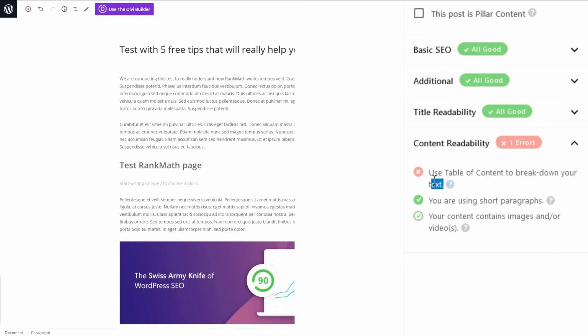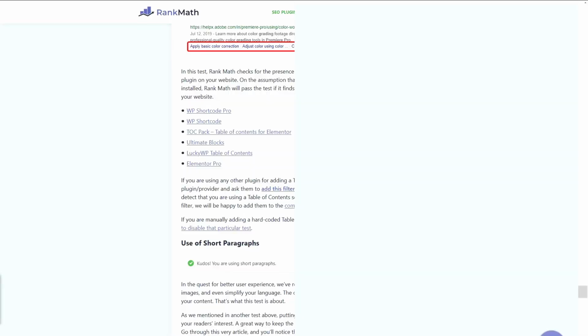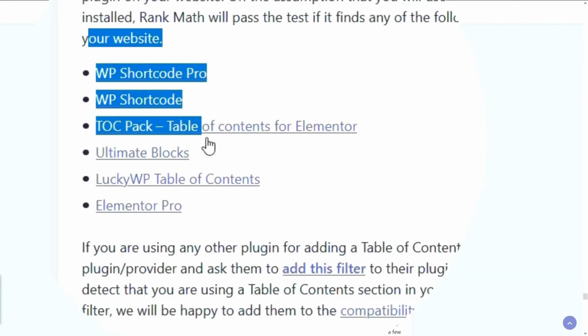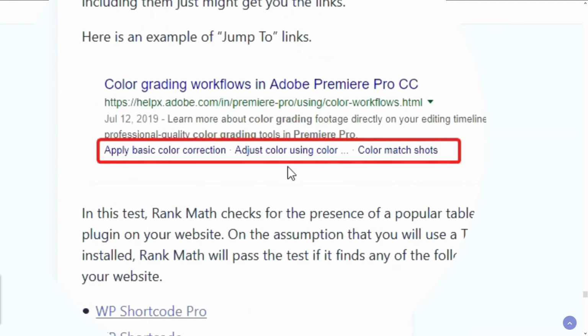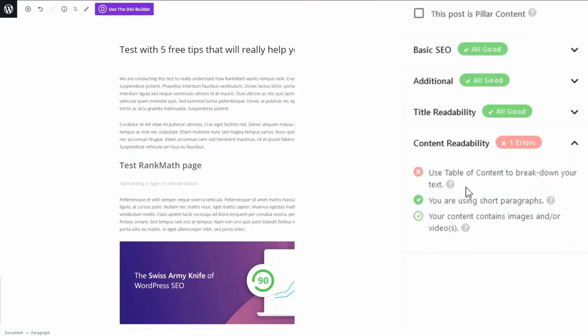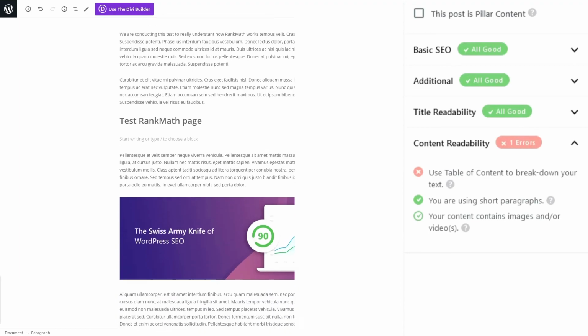Well, the table of content is just a check to see if you use any of these plugins that will create a content, like Google may include a jump to link in the SERP. Really honest, I don't think that it has to be done with a plugin. You can also do it manual. By that said, it only has to be done with content that is really, really big.